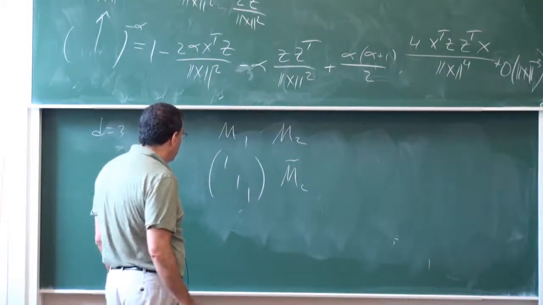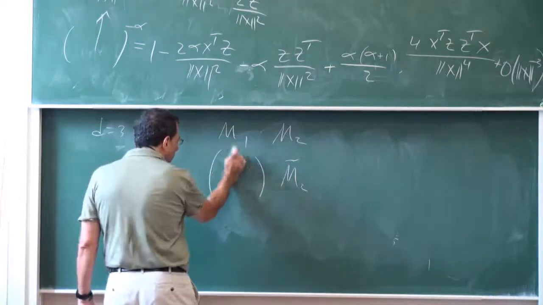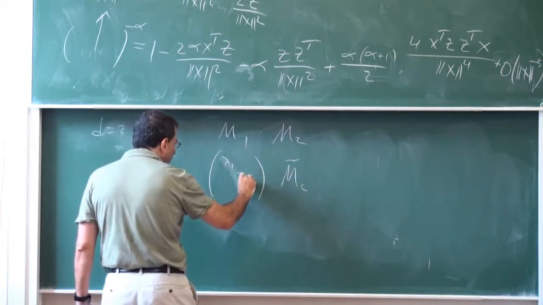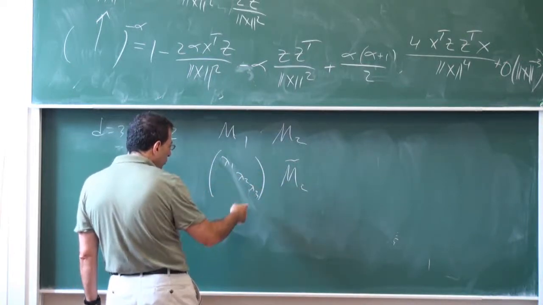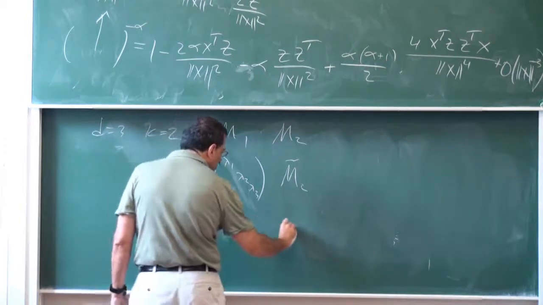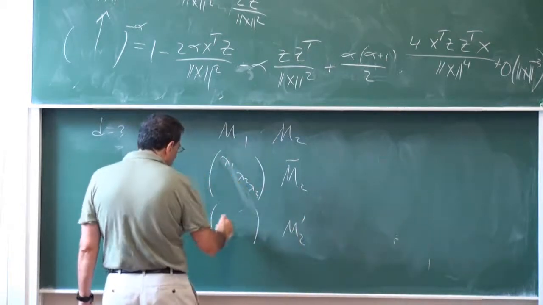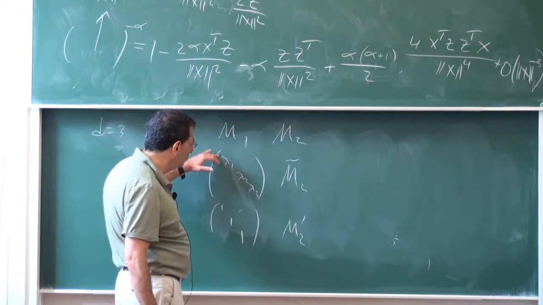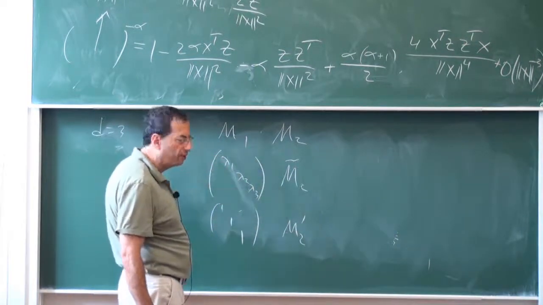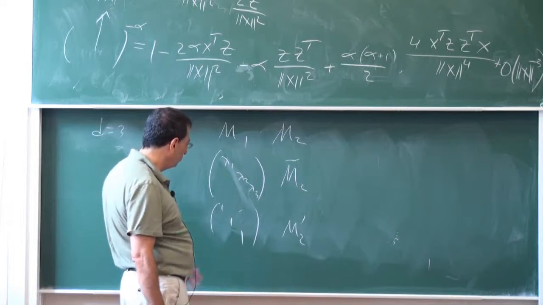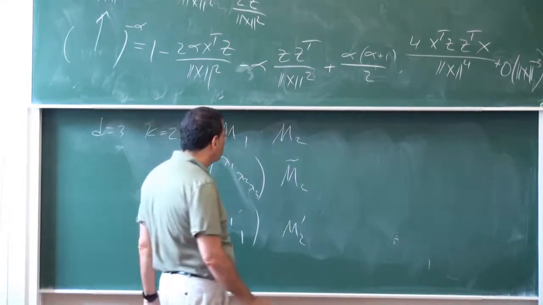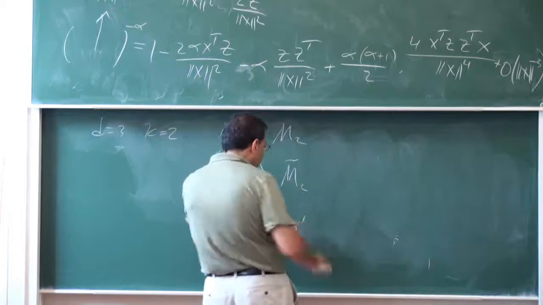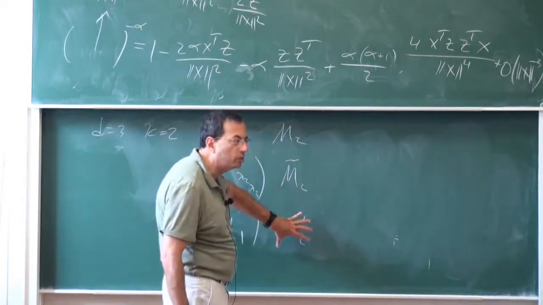We first rotate M1 to make it diagonal. Then we can make M1 the identity just by multiplying by the inverse of the square roots of the eigenvalues using that matrix, and M2 changes. Then we rotate again. This time we rotate so that this matrix M2 becomes